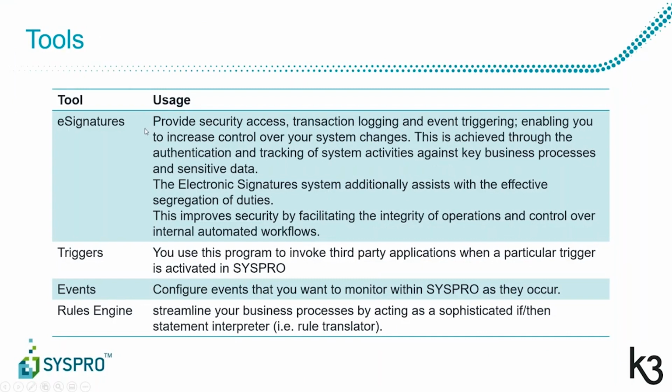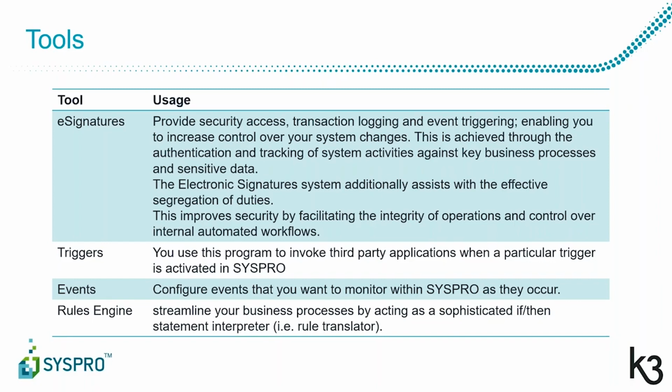Now, we spent a lot of time today talking about electronic signatures. Fundamentally, they were introduced to have security access, transaction logging, and event triggering. It's about increasing control. The initial introduction of electronic signatures was actually for Sarbanes-Oxley compliance to provide traceability for any auditors to make sure that only the people with the correct restrictions were able to go ahead and process transactions. It also has tighter control for your automating workflow, and it allows you then to have various activities you can